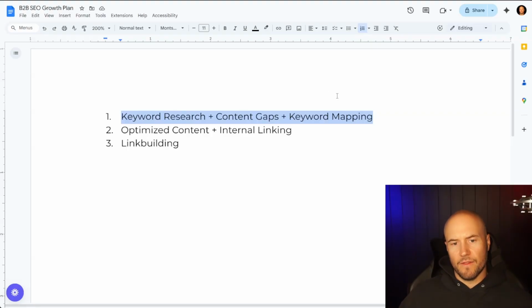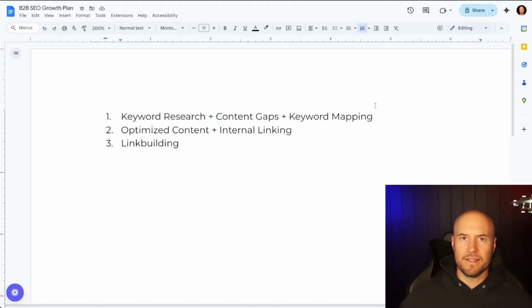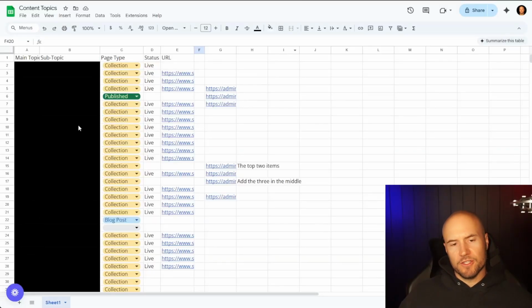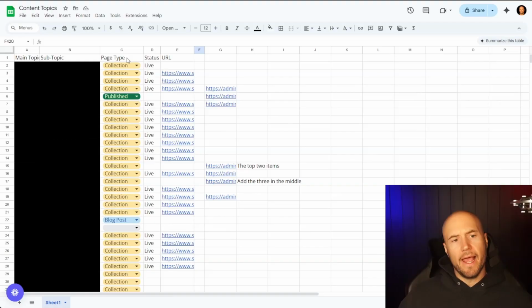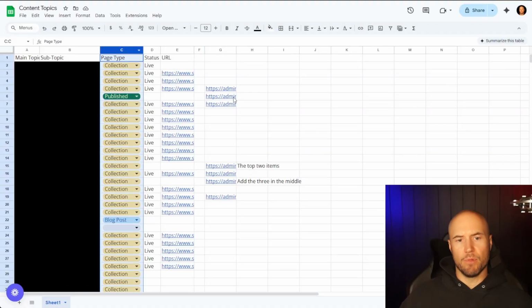First process that I take with almost any client I work with is looking at the website and the market to see what content they currently have, what are they missing, and if they do already have content, what keywords or phrases could we map to those existing pages? And for this project specifically, I built this set here of keywords and phrases to target. And the structure here is working to determine whether or not it would make sense to have a collection style page, a blog post, or a different type of content page on the website for each of these main topics